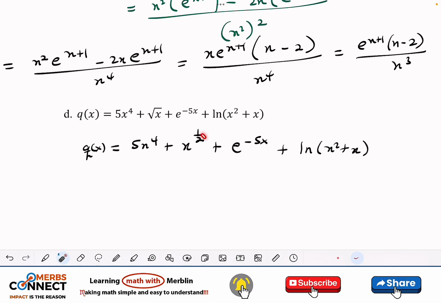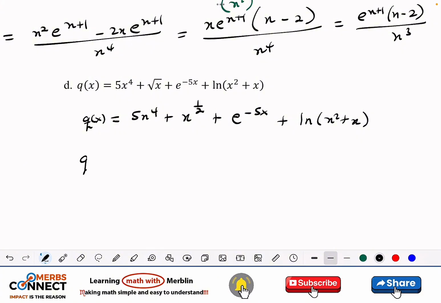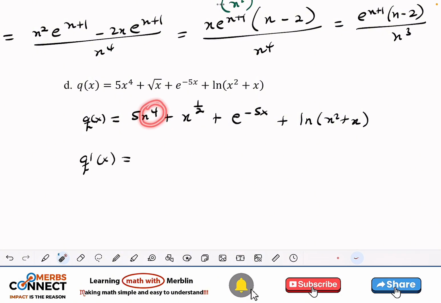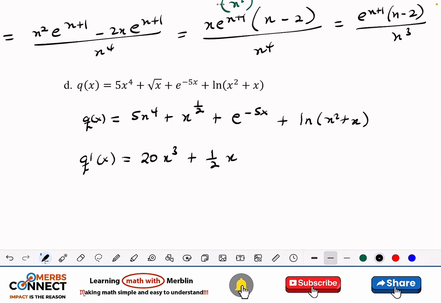So now we know that we need to use the sum rule, right? They are all sums, so sum rule. Now we can differentiate using the individual rules. This one I'm going to use the power rule. So this is going to give me 20x to the power 3. I hope you understand it now. So 4 times this, subtract 1, giving us this. Then x to the power 1 over 2 gives 1 over 2 x to the power 1 over 2 minus 1,